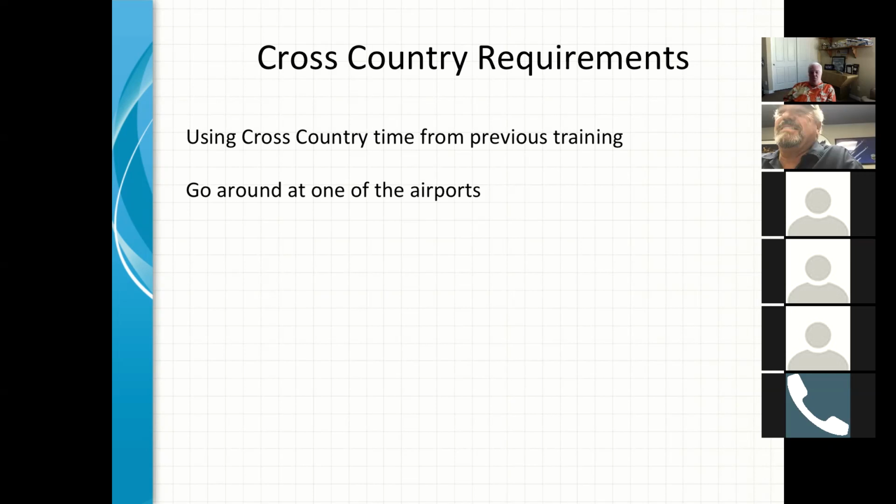go-around was commenced at one of the airports, and the instructor and the applicant were under the understanding that that counted. But remember, it has to be a landing. So the go-around, that airplane did not touch down, has to be a landing at that point. Just make sure that everybody understands that just because they went there and went around, it doesn't count as one of those landings.